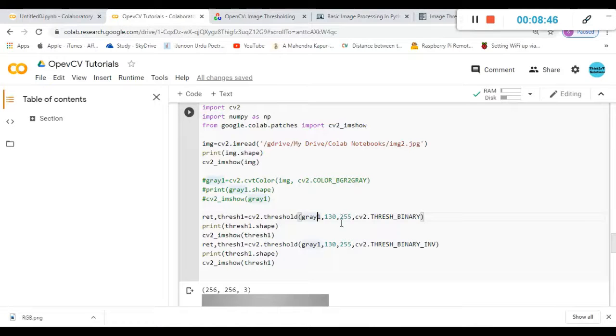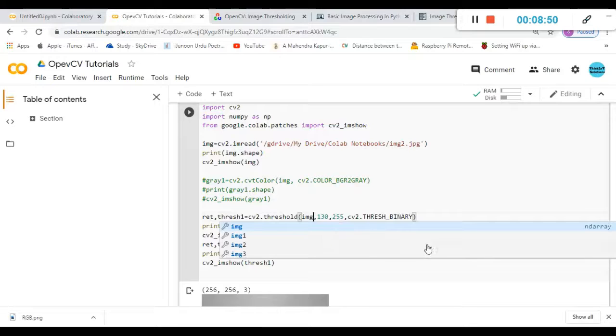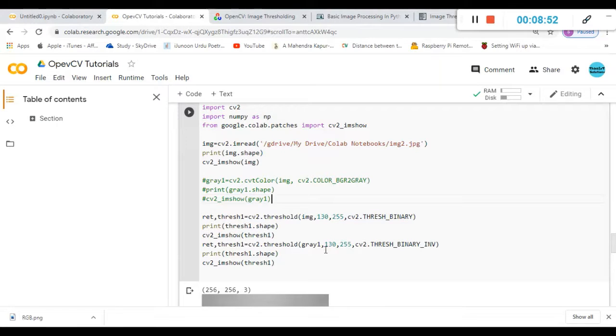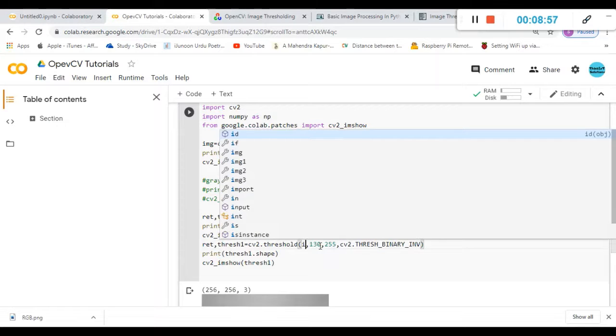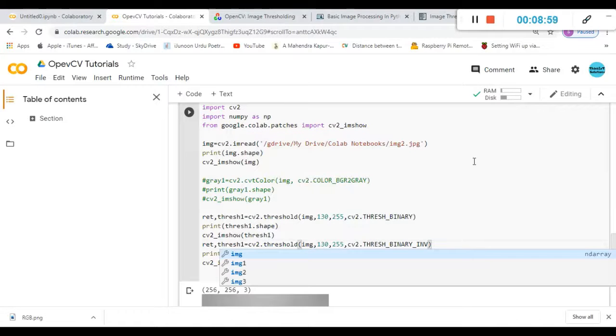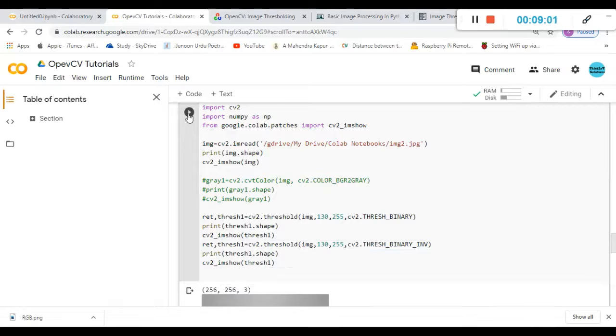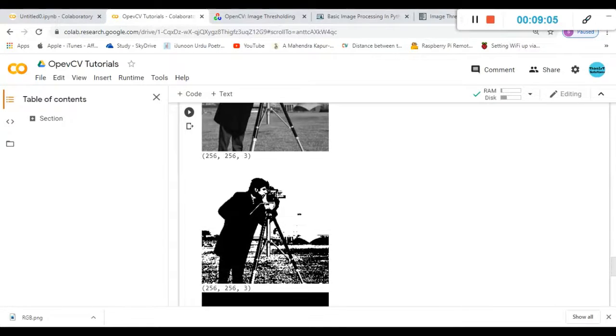Instead of gray1 I have to use IMG now, because IMG is my variable, and here also instead of gray1 I have to use IMG. Let me run it now.